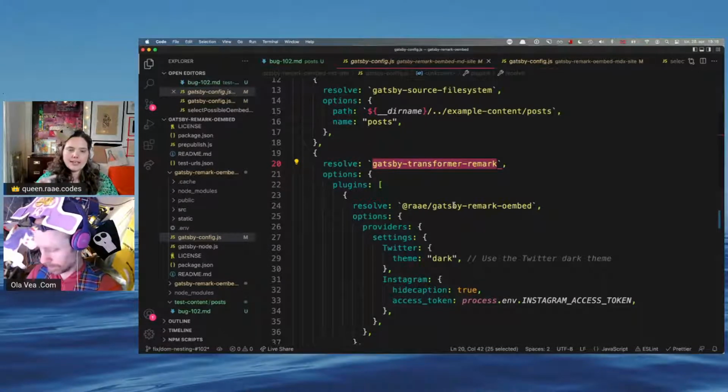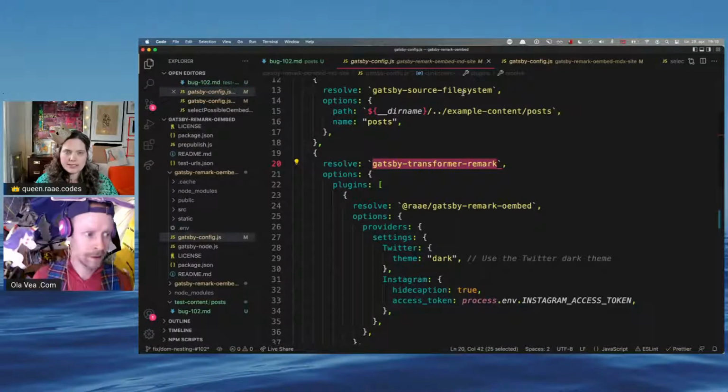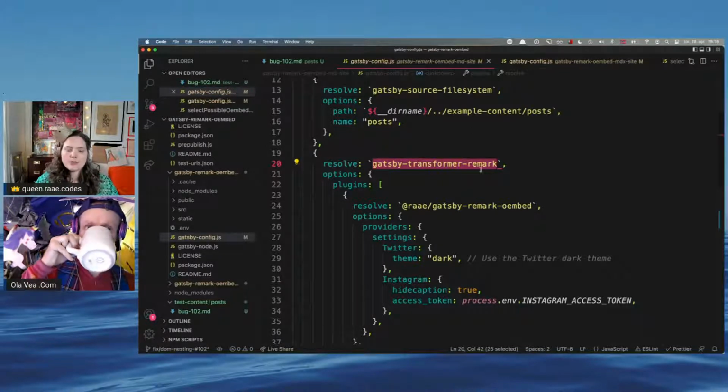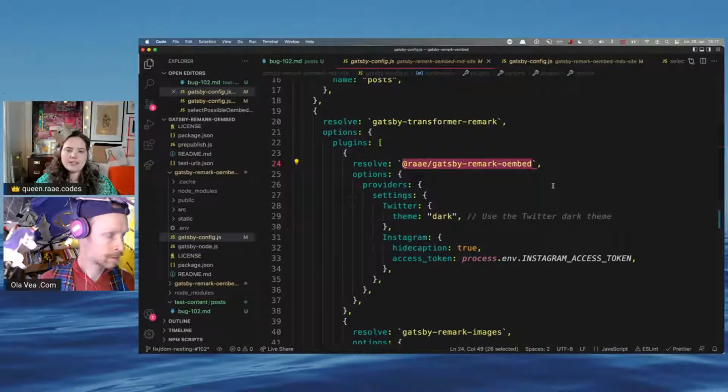So for every file node that is a Markdown file, it creates a Markdown node. And for each of those Markdown nodes, it runs the code that we have inside of the gatsby-remark-oembed. And the gatsby-remark-oembed goes through the Markdown, finds these standalone links, uses the oembed endpoint to get its oembed counterpart, and then replaces the link with its oembed counterpart.